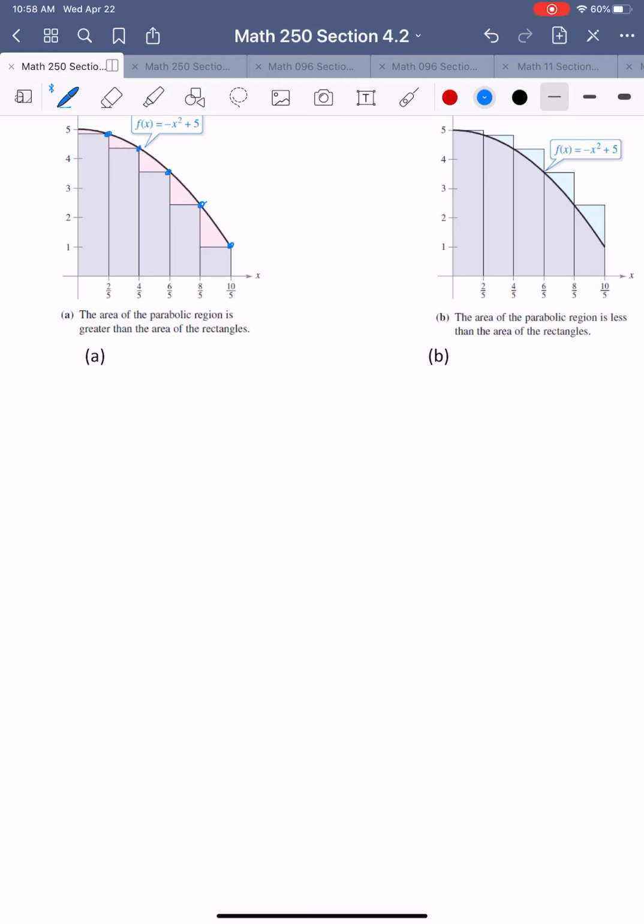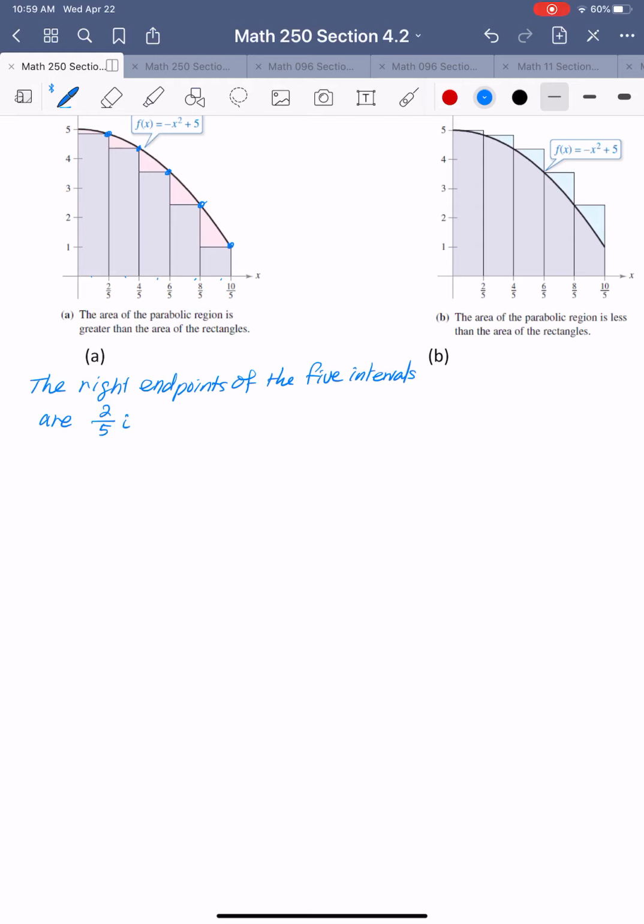So the right endpoint of each of the five intervals is going to be